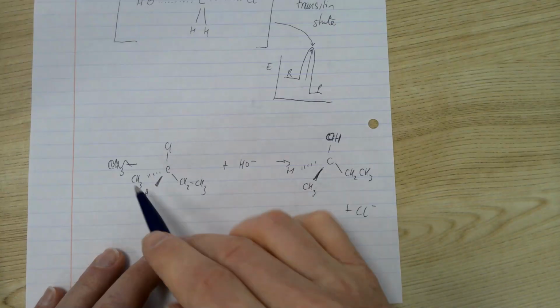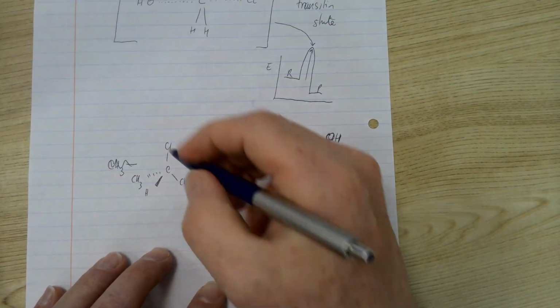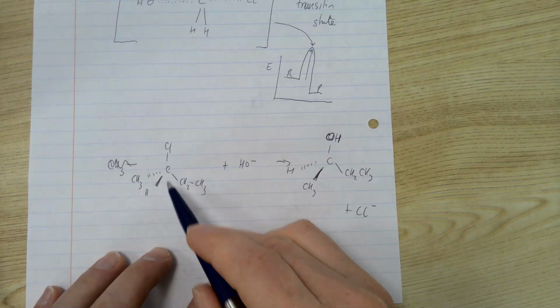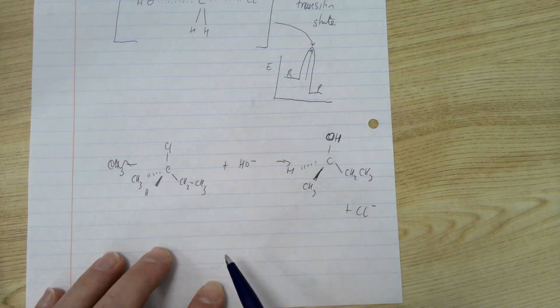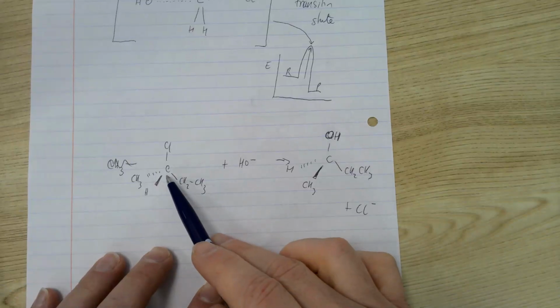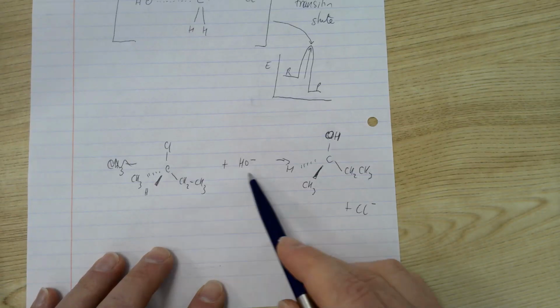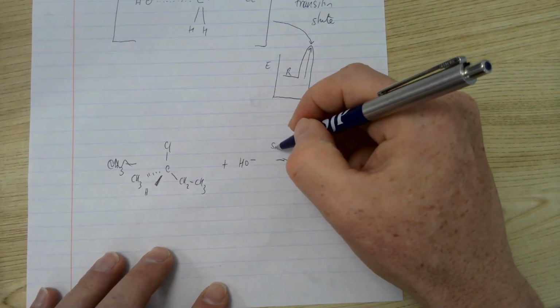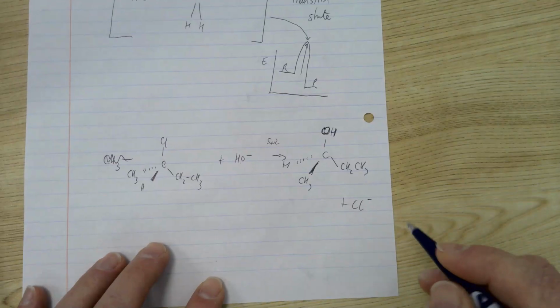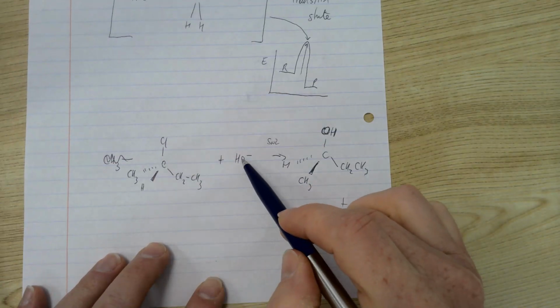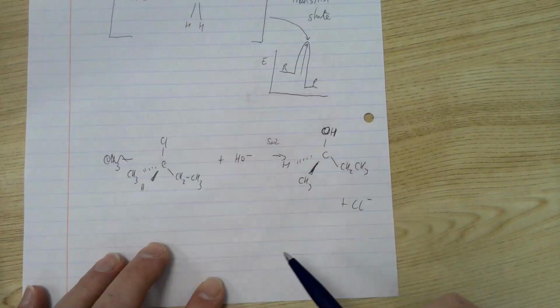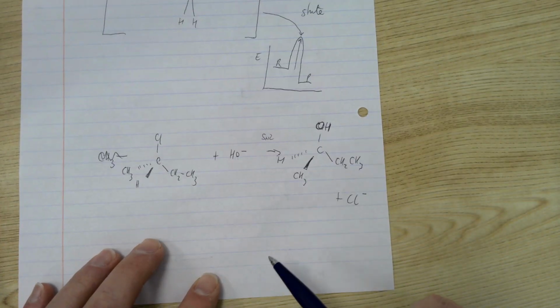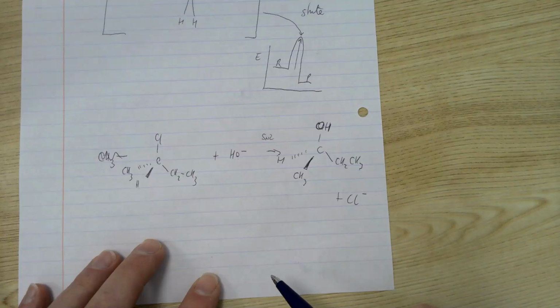Now, if you've got a secondary halogenoalkane with a chiral carbon, and it's a single enantiomer, so I've drawn it 3D here, so make sure you can draw molecules in 3D. If that is attacked by hydroxide, and it undergoes the SN2 mechanism, the 1-step concerted mechanism, where the carbon-oxygen bond forms at the same time as the carbon-chlorine bond is being broken, you end up getting inversion of